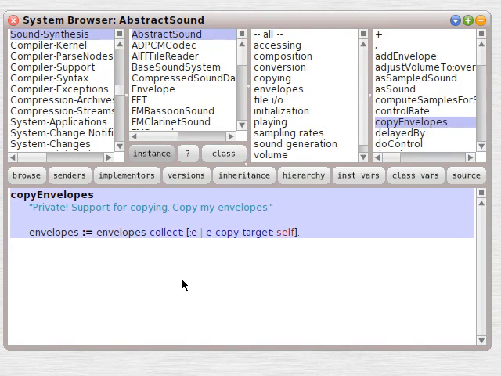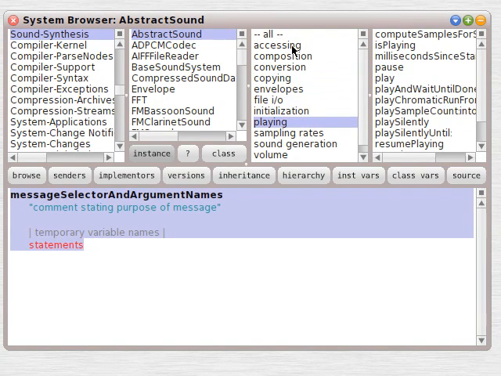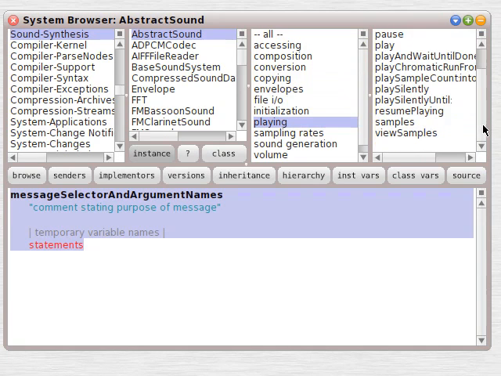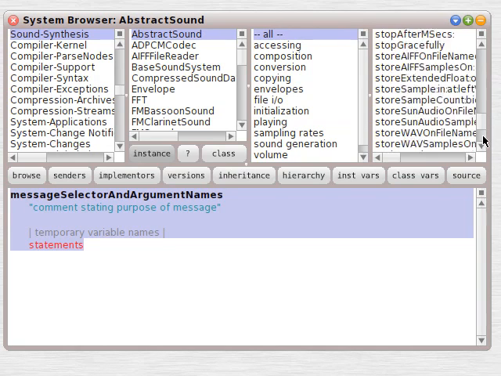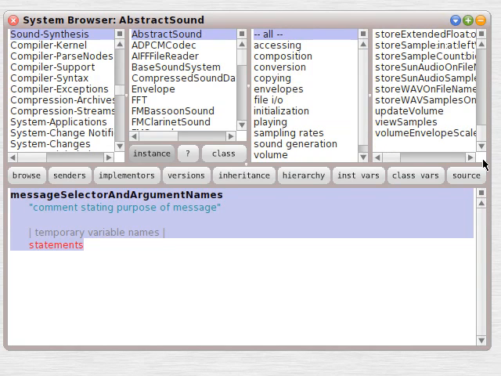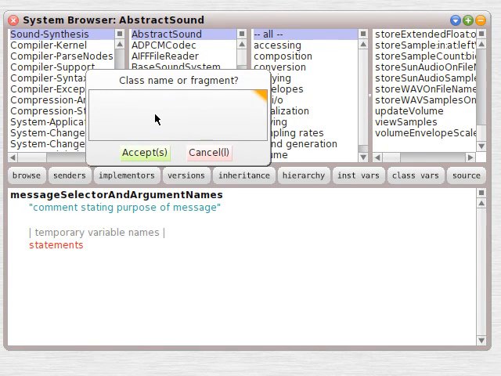But the question is, how do you identify an interface in Smalltalk? Because it's important if we're going to understand design patterns and UML diagrams. And you can see that when we look at the method categorizations, there's nothing that says interface. So how do we know what the interfaces are? Well, usually we keep the interface in an abstract superclass, and we can look up the word abstract for classes